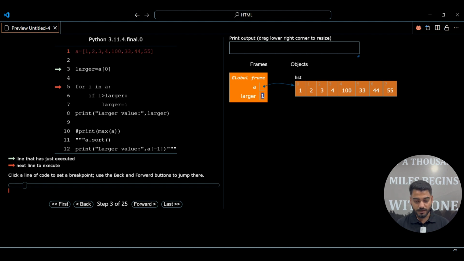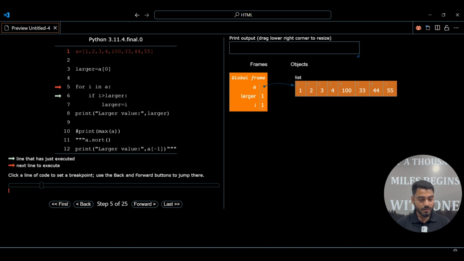A of 0 is initially storing 1, because it indicates the 0th index. Next it is going to check for iteration. The I value is 1, because it is in the 0th index, which has the value 1. Next it checks if I is greater than larger. I is 1 and larger is 1. Is 1 greater than 1? False.